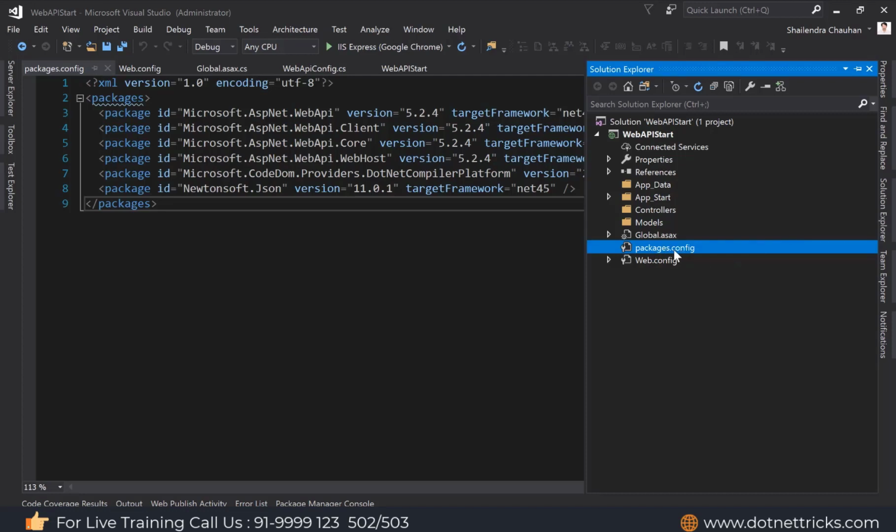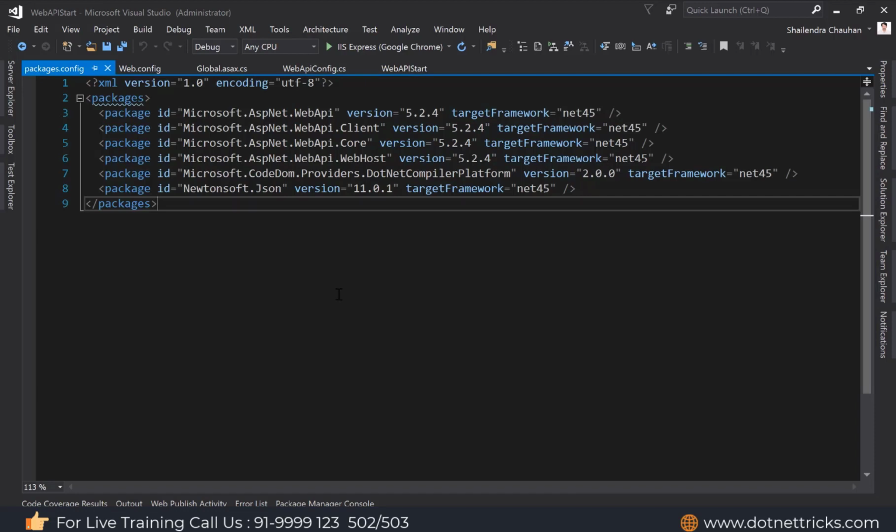By looking into it, you will get to know which version of Web API, which version of MVC, and which version of Entity Framework we are using in a project. This helps you know the version your project is using for a particular framework.